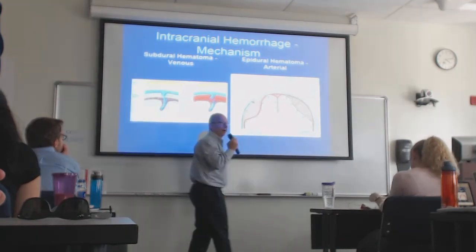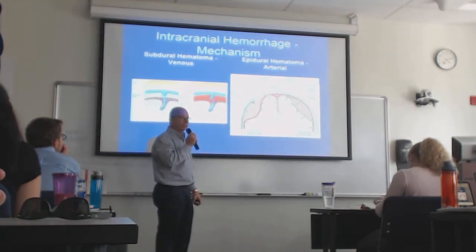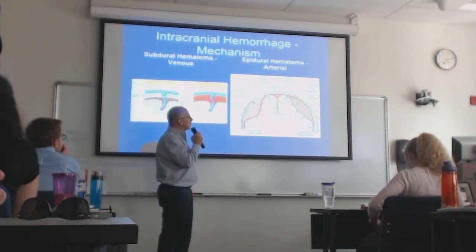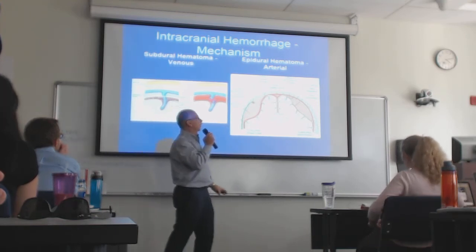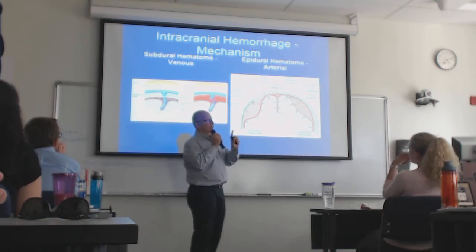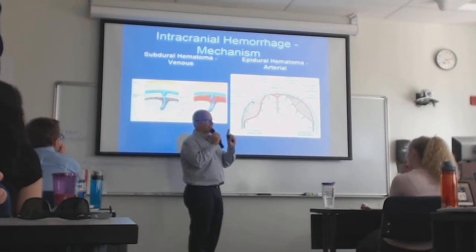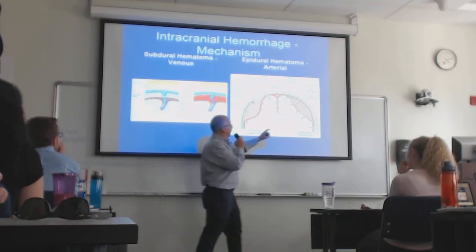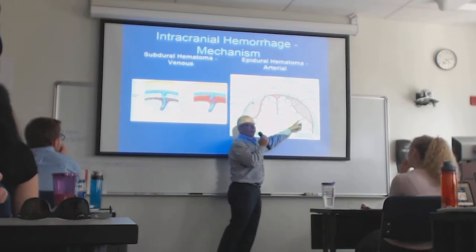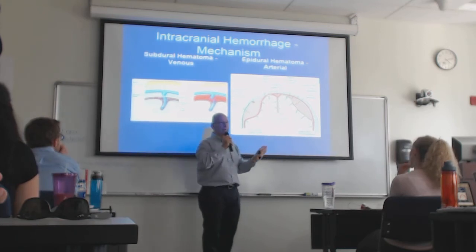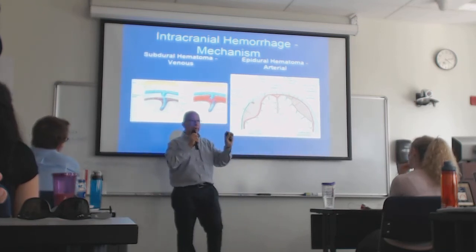Sir? So are there then two kinds of subdural then, being between the two dura and being between the dura and the arachnoid? Well, I think there's one kind of subdural hematoma. Okay, that's below the dura. There is a subarachnoid hemorrhage, which is actually in this space here. Okay, the pia doesn't come into play here because the pia is like one cell thick, right?